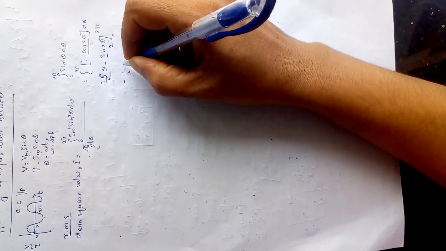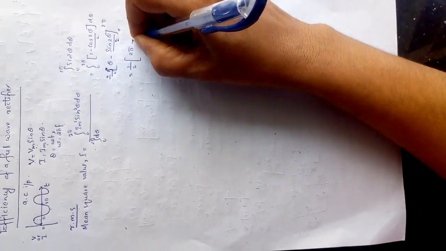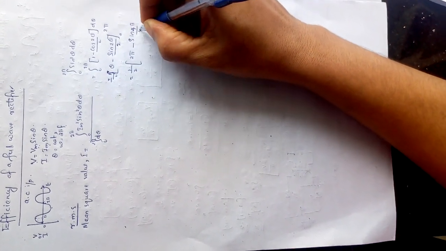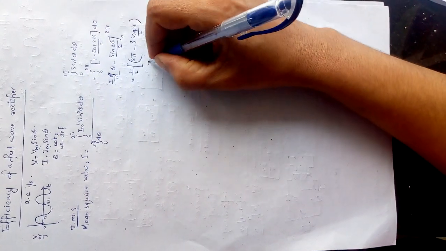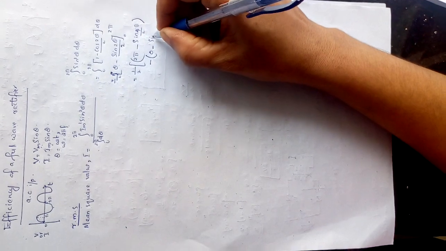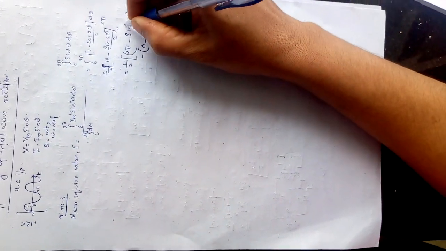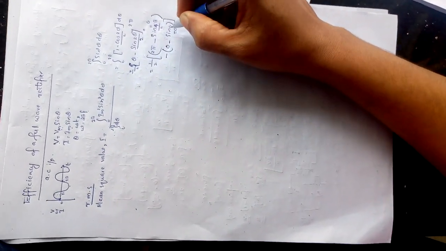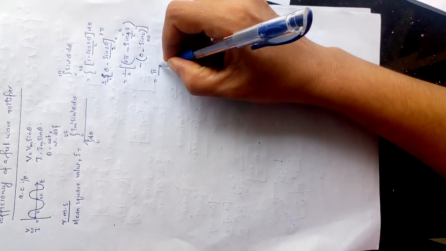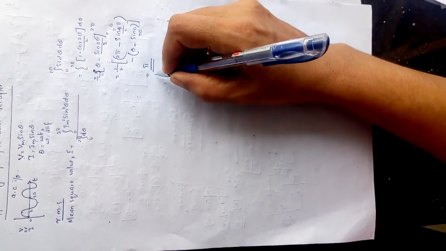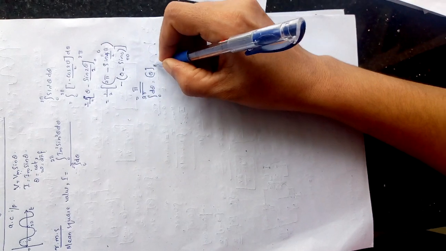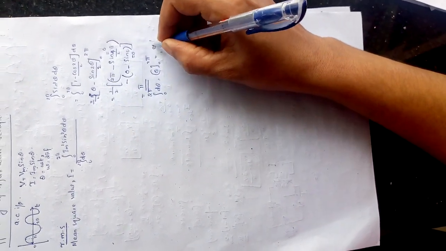So it is equal to 1 by 2 into (2 pi minus sin 4 pi divided by 2), that is the value at the upper limit, minus the value at the lower limit, which is 0 minus sin 0. Sin 4 pi is equal to 0, and sin 0 is again 0, so this value becomes 2 pi divided by 2, that is equal to pi. Now the denominator, the integral 0 to 2 pi d theta, is equal to theta within the limits 0 to 2 pi. So that is equal to 2 pi.